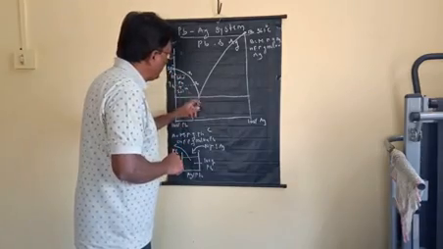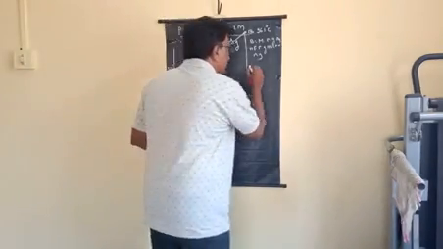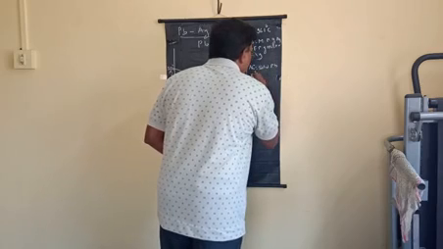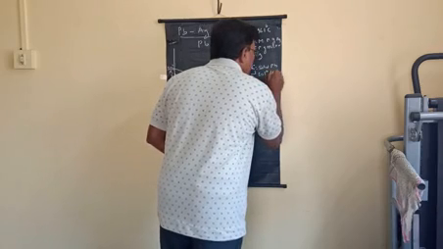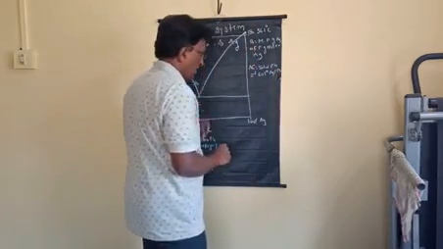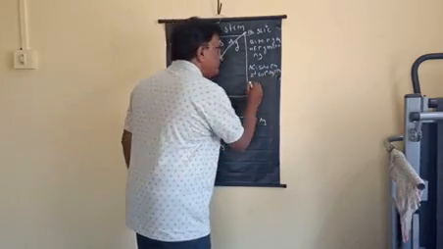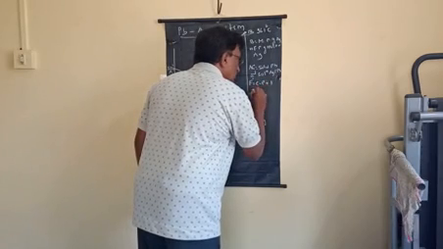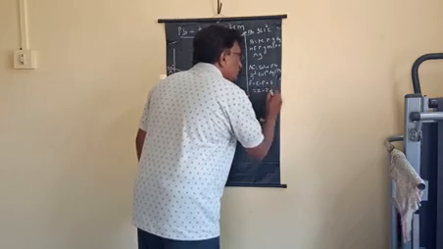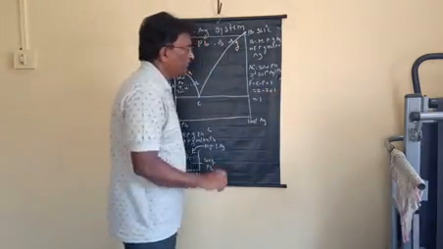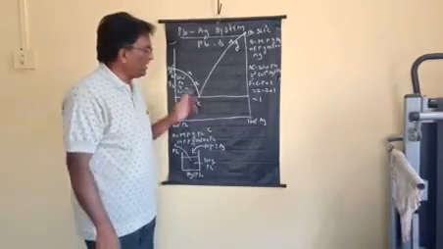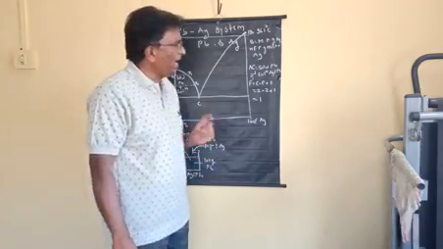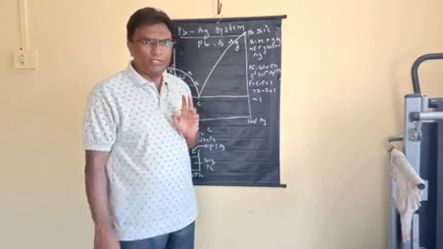Now along the curve AC, two phases are in equilibrium, that is solid Pb and solution of Ag in Pb. As two phases are in equilibrium, the degree of freedom becomes, using the reduced phase rule, two component, two phases, that is equal to 1. That means the system is univariant along the curve AC. That means in order to define the system on the curve, we have to state any one variable.